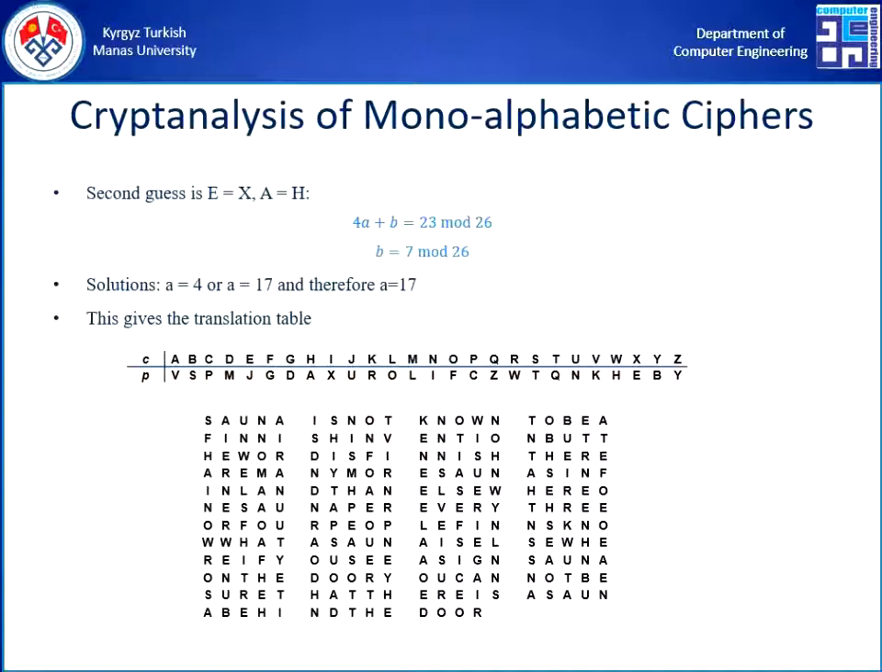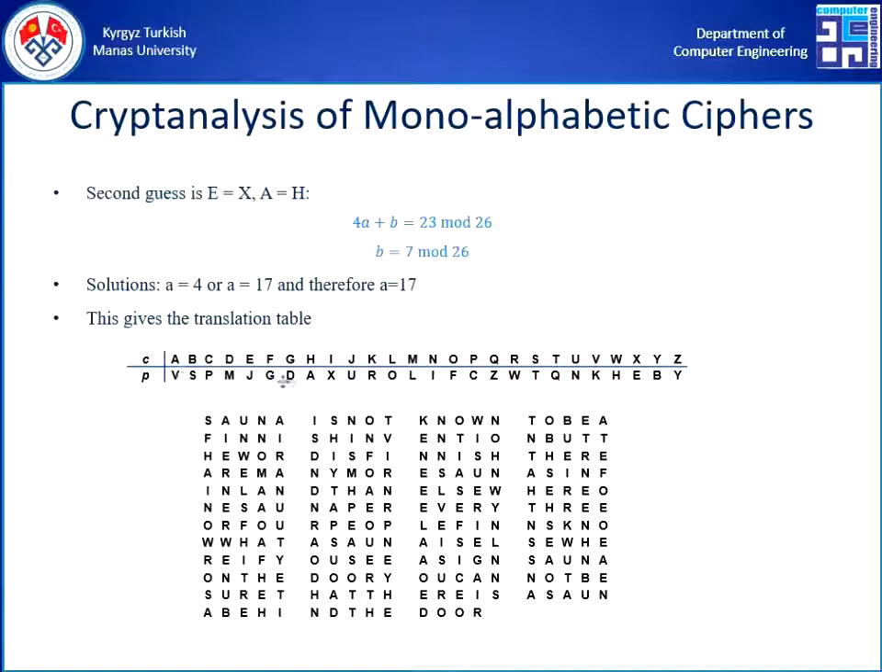This time, let's assume that the letter E is encrypted as X, but we take the pair A and H, and the system of equations can be written in this form. We have an immediate solution for the b part of the equation. For a, we have two choices, either 4 or 17, but the greatest common divisor of 4 and 26 is not equal to 1. Therefore, we choose 17 for the a part of the key, and with this key of 17 and 7,